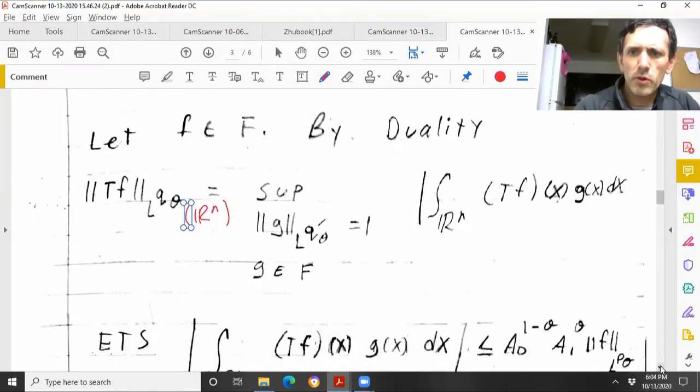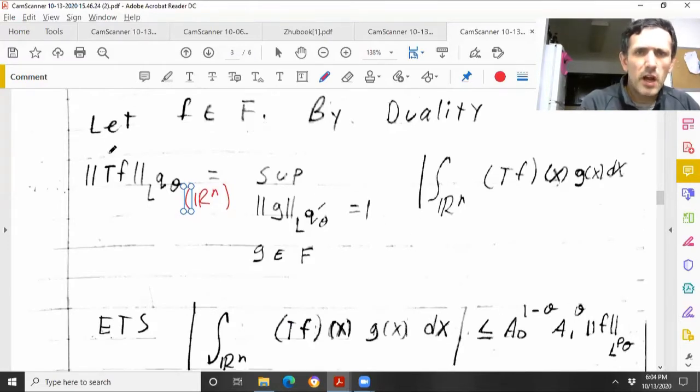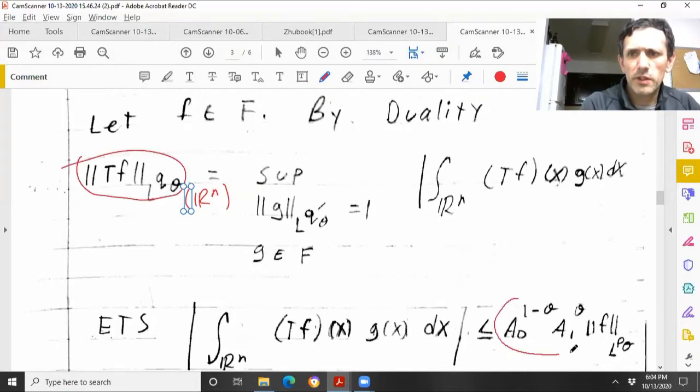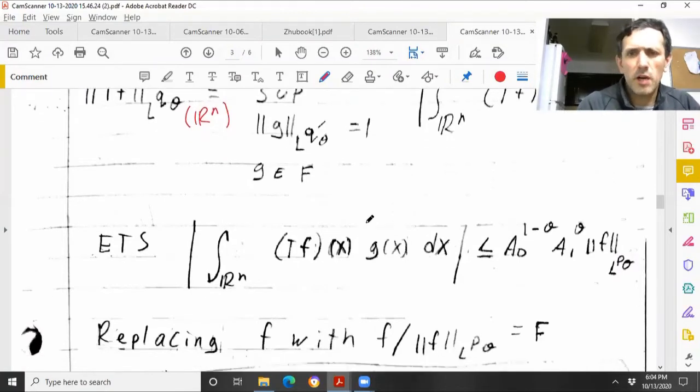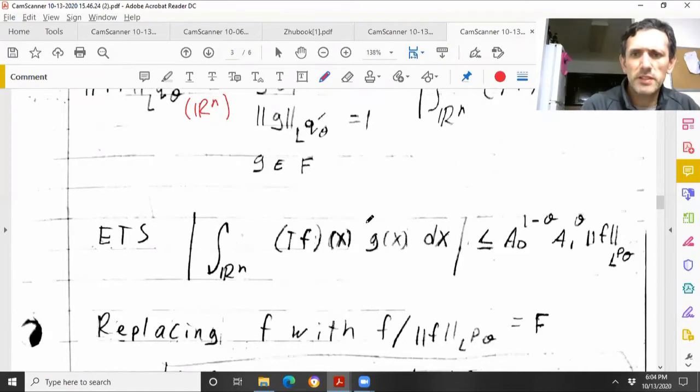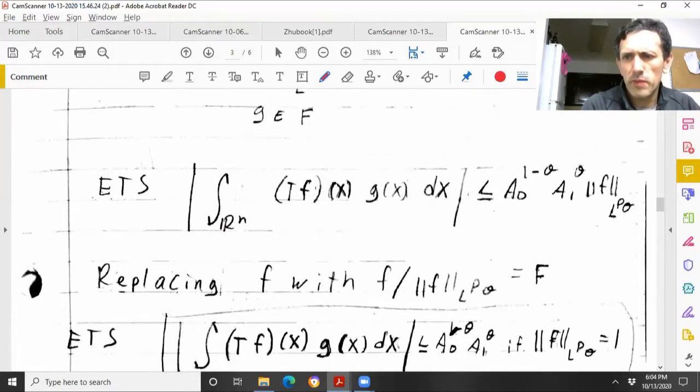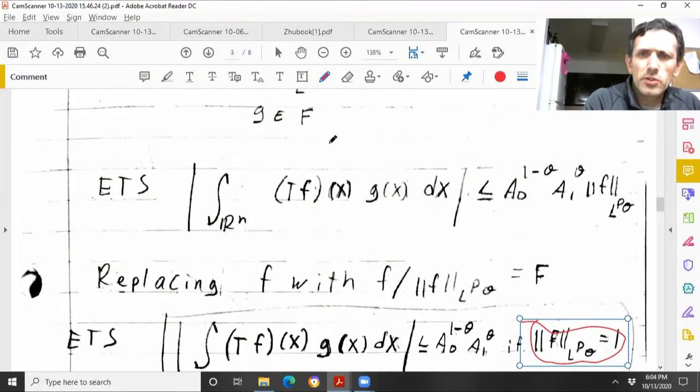right. So what we need to prove then, so we want this here less than or equal to this here. To get that, we just need to prove this independent of g and f, where the L^{q_θ prime} norm is equal to 1. And if we actually use the fact that T is linear and replace f with f over the L^{p_θ} norm of f, then we can assume that this norm here is equal to 1, and there's really not much to that. So if we can prove it in this case, then certainly the L^{p_θ} norm of big F is equal to 1. So we'll have